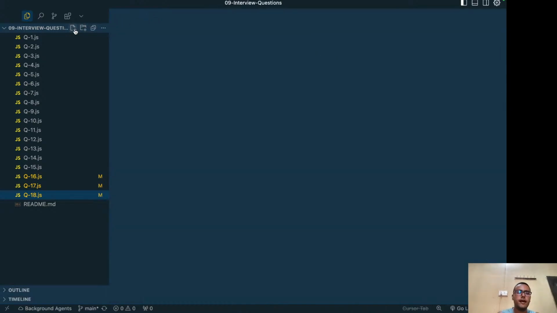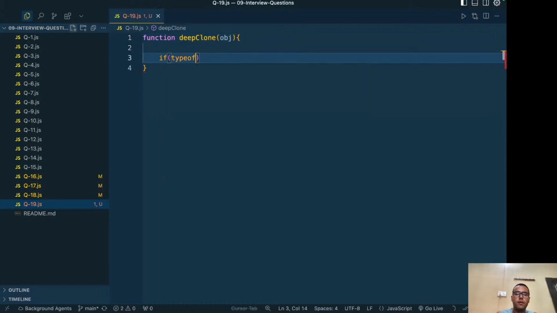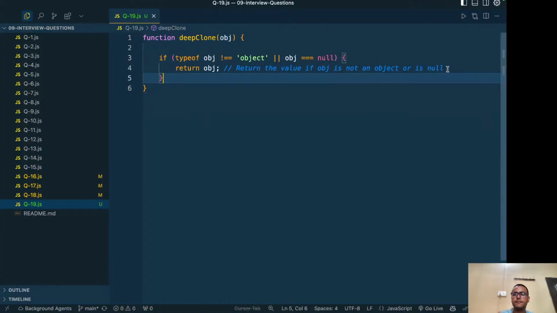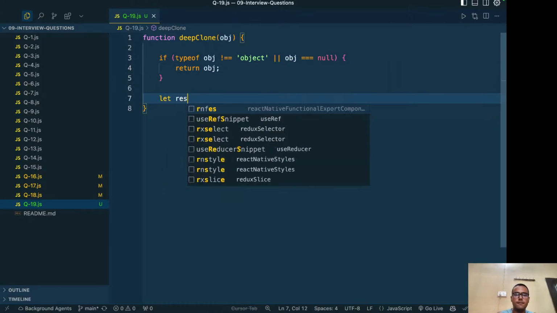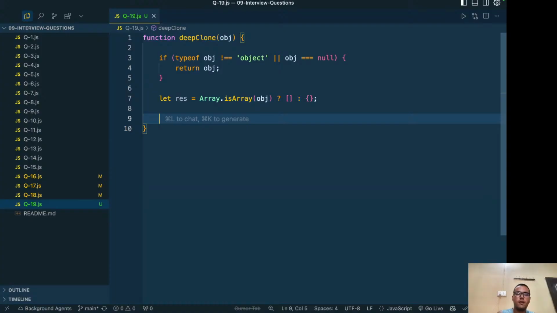So I have one more question that is related to deep clone. We have already discussed it, but let's discuss it one more time. We need to implement a deep clone of an array and an object. So what we can do is function deep clone, if type of obj is not object, return obj. For let key in obj